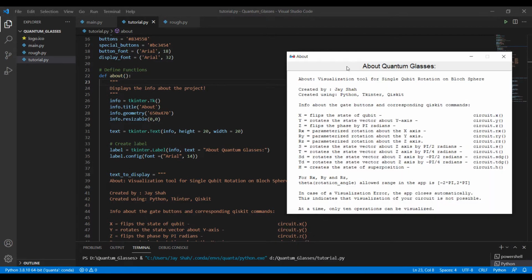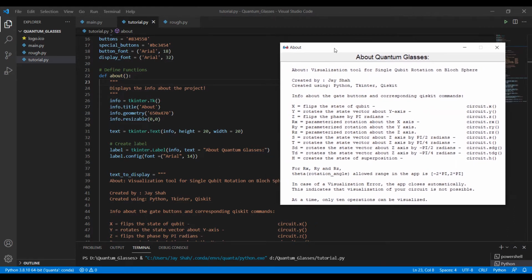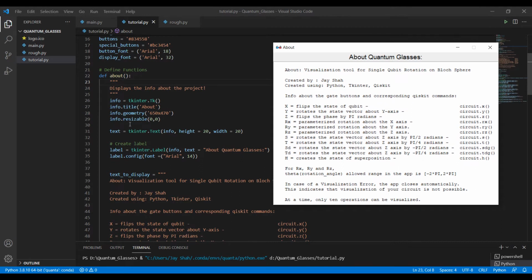and then you can see we define info is equal to tkinter.Tk. So info, you can think of it as this window that you can see on your screen, very similar to what we had done for the main window, which was named root. We now give the title as About, that you can see over here, right? And then we define the geometry. Again, I've gone through some trial and error, so you can do that too. We restrict the size, so you can see I cannot resize it, right? So I have done that